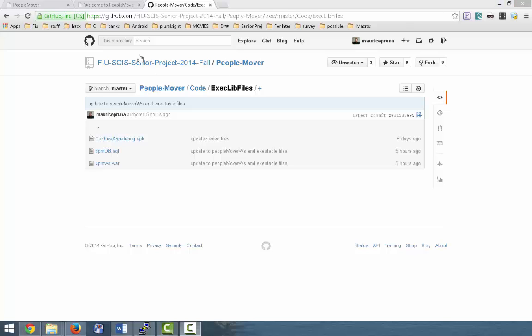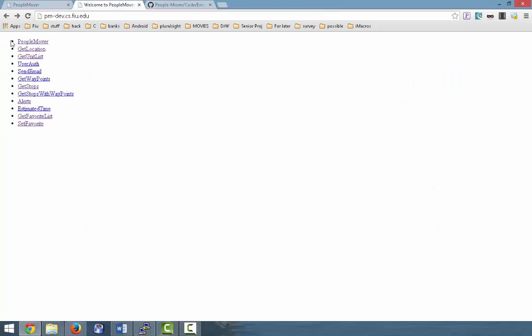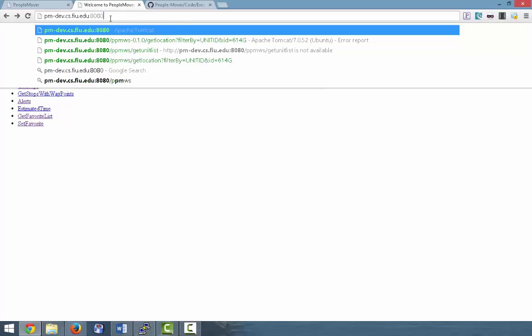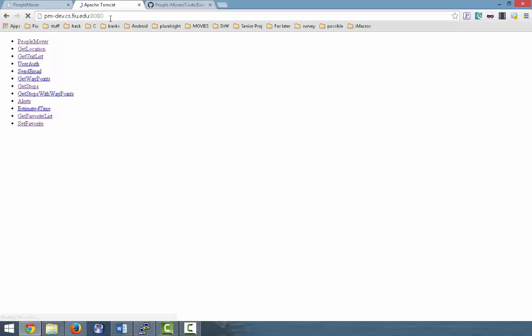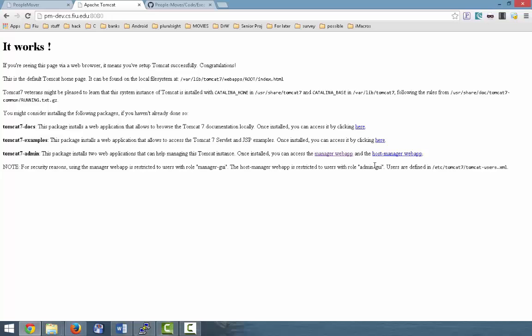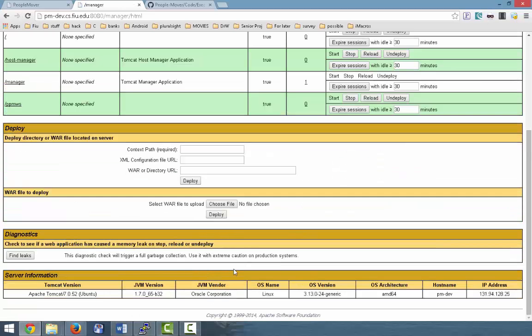Just go to your Tomcat website on your local server using the 8080 port or whatever port is set up. Go to the Manage Web App, scroll down, choose the file in the section that says WAR file to deploy. Choose your WAR file, hit deploy,